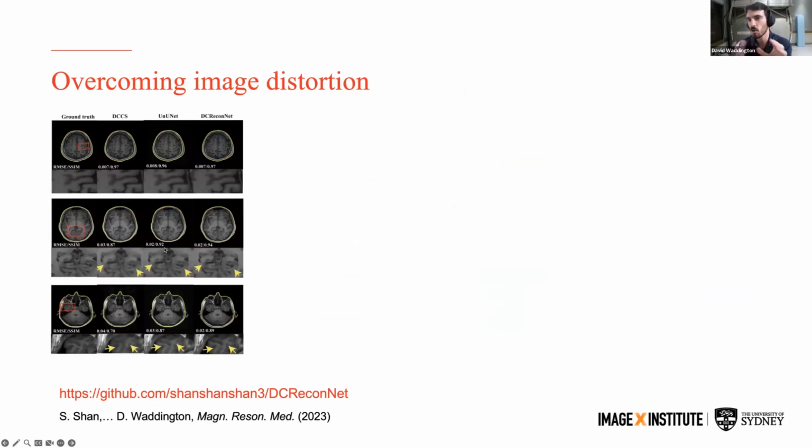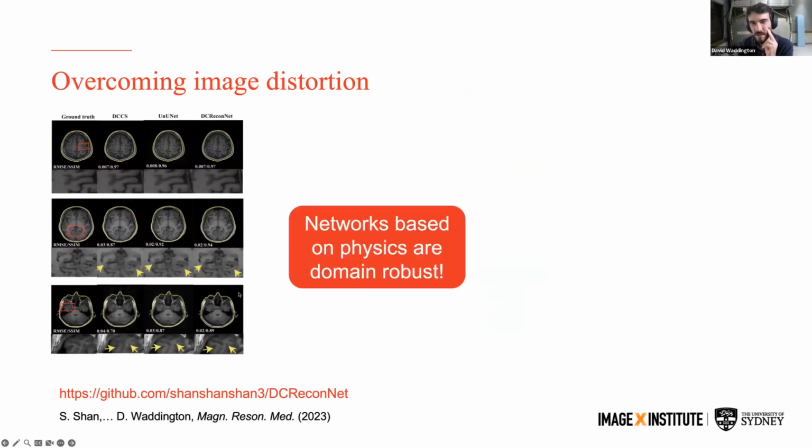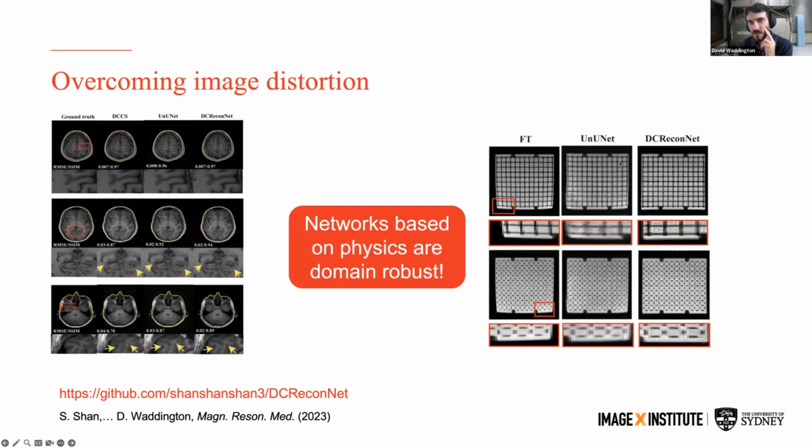But UNets don't actually incorporate really any known MR physics. And so even though that's performing a little bit better there, the point I want to make is that these networks that incorporate the MR physics are much more robust to domain shift. If we look here, this was trained on brains. If we apply it to this distortion phantom, we can see that this DC Recon net, which is correcting the distorted phantom here, gets this really beautiful, almost perfect image, I guess, to your eye. Compared to a UNet, the UNet is kind of distorted. So the point I'm really trying to emphasize here is that we really believe that these networks